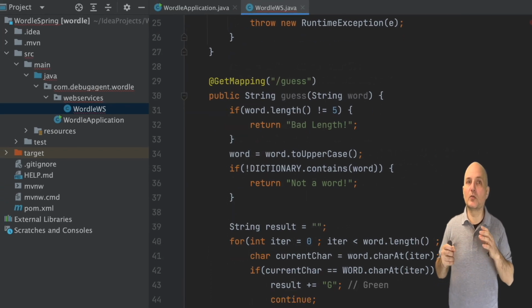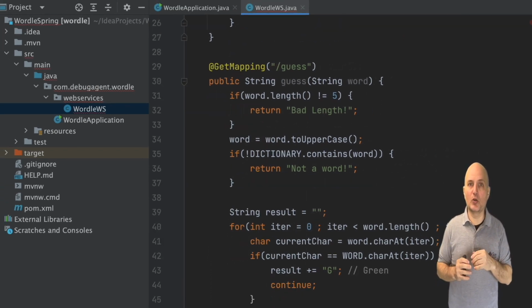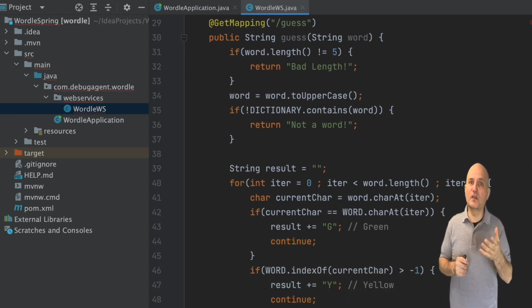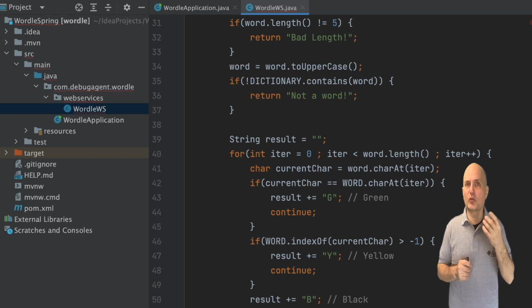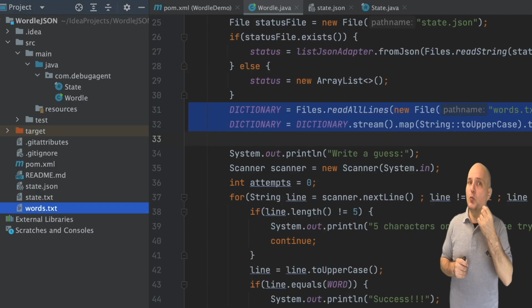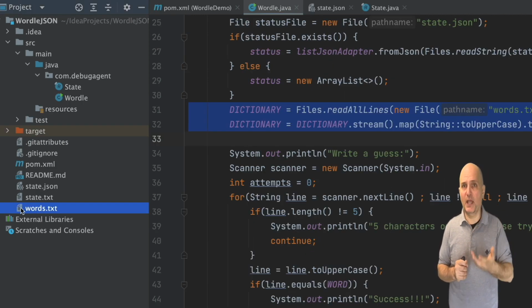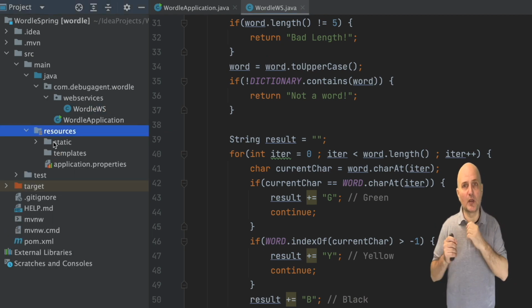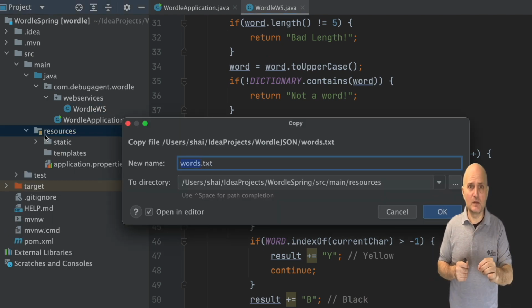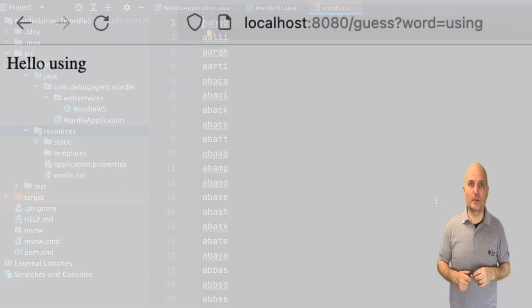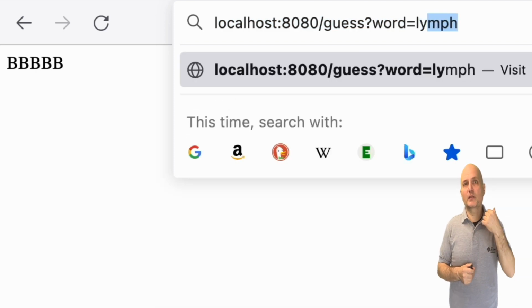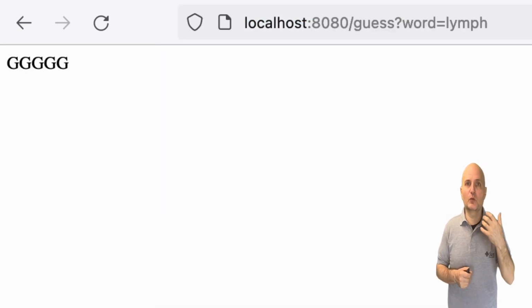I'm going to the old Wordle project and copying the word.txt file from the root directory. This is a standard Command-C or Control-C. Then I paste it in the resources directory. This will repackage it with the rest of the application as a single bundle and will make it available to our resource reading code from before. With this, we're ready to launch in the browser. Reloading and then changing the word quickly shows that this indeed works exactly as we would expect.